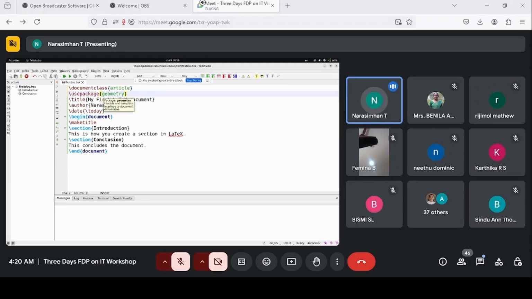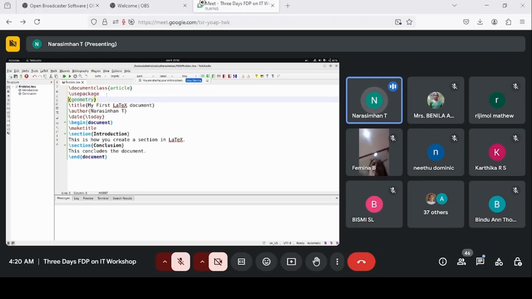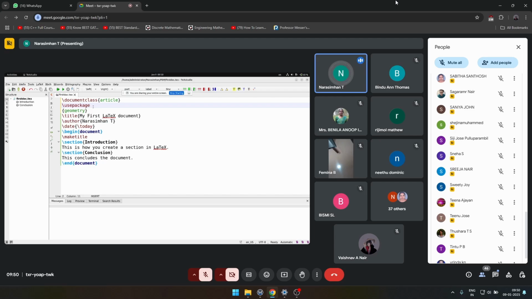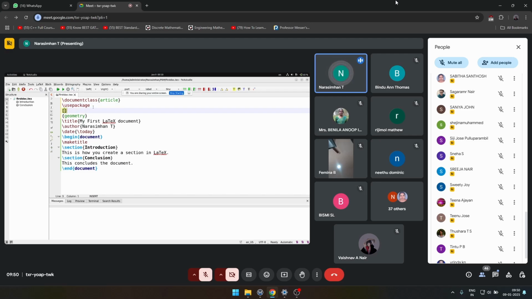So you can specify the width of all the four margins, or else the default will be taken. For specifying them, you need to include them as options along with the package. By specifying the values for the options, you can tweak your document as you wish. Options will always be enclosed within a pair of square brackets. So I'm going to give it like this. Geometry is the name of the package, and you give its options in the pair of square brackets. So I just give like this: left equal to 2 centimeter,